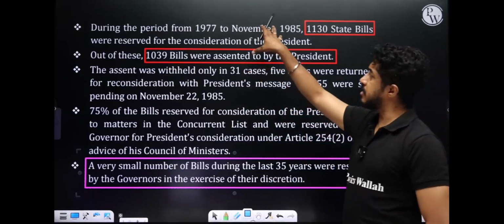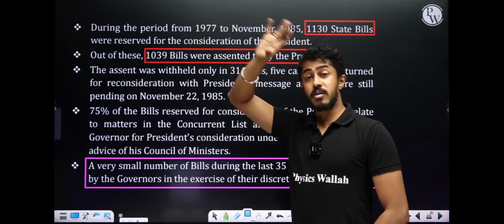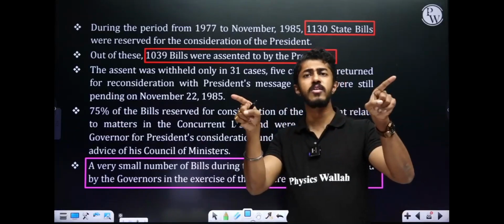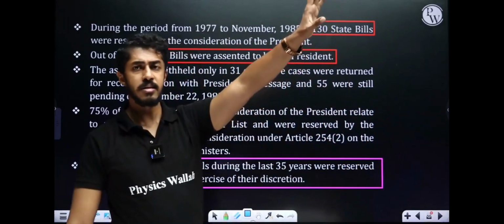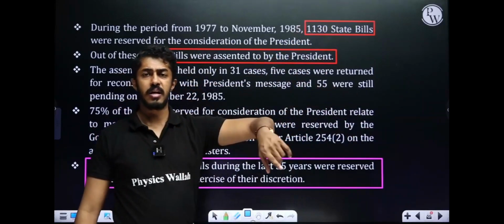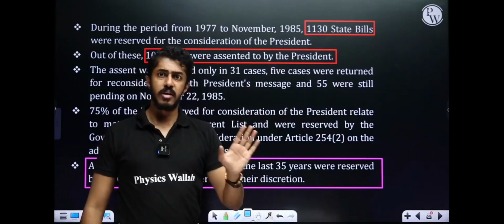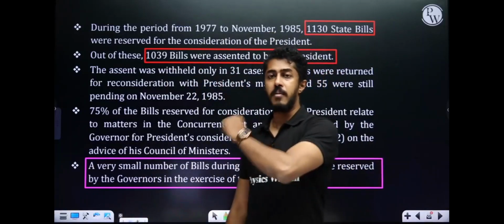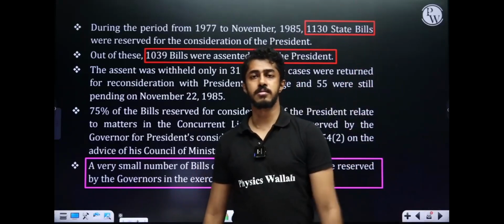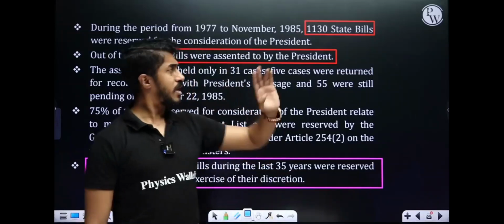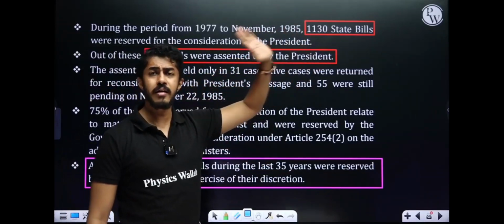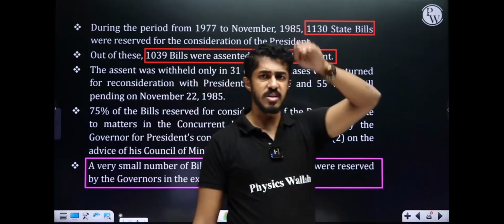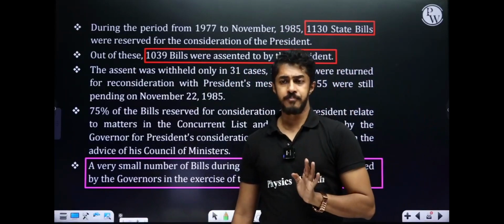Because this is the peak time of controversy between the union government and state government. Governor finds something is trouble. That is especially if there are two different parties. Congress at the center. At the state levels, you have other regional parties. So wherever regional parties are there or any other party other than Congress is there, governor will immediately what? Reserve it for president. Straight away. Just look at the number here. 1,130. Getting the point here. But last few years or 35 years at least, we are seeing that controversy is on the decline.